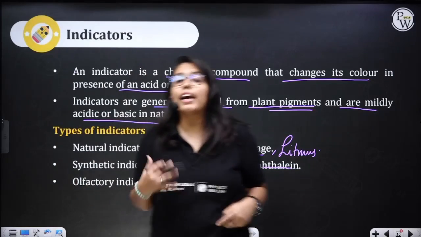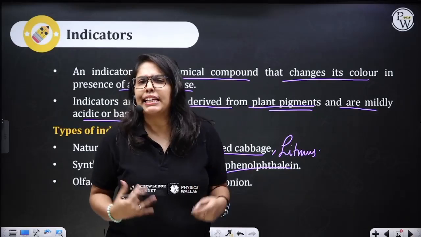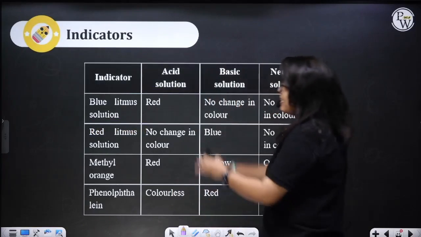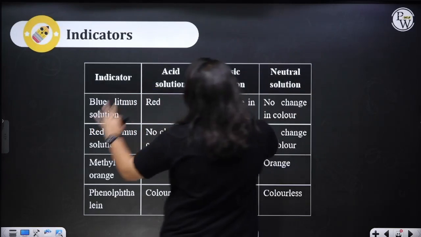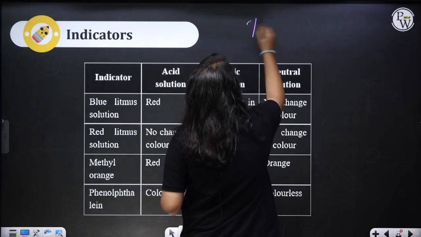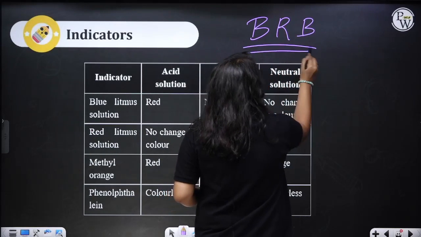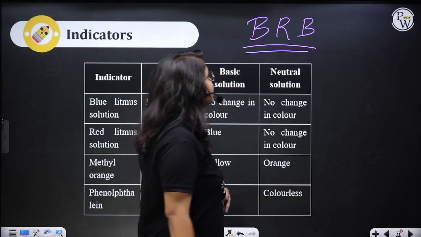So let's look at how litmus interacts with an acid or a base. So here is a table. Now, instead of trying to understand it like this, we have the mnemonic BRB. Here BRB does not mean be right back. Here BRB stands for